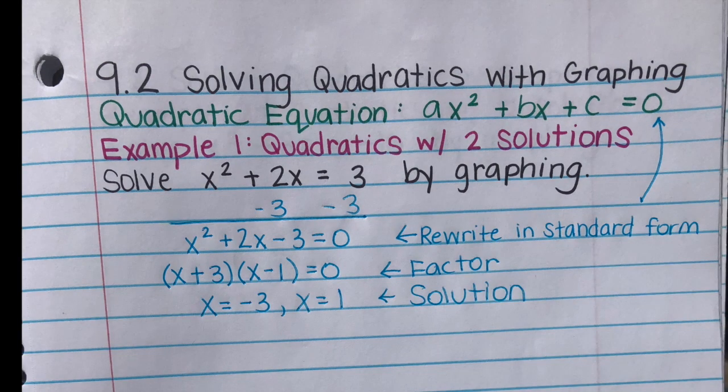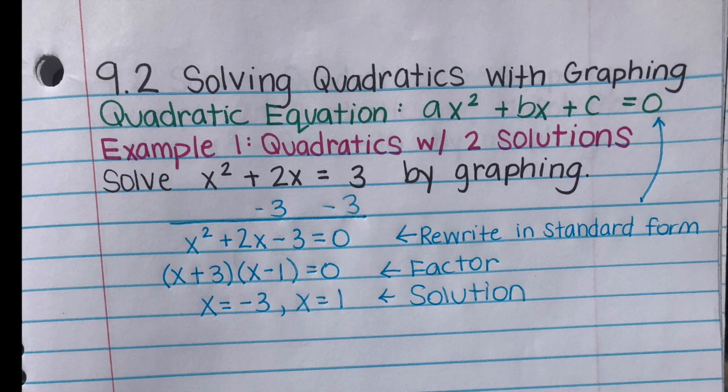So then once I have it factored, I can go ahead and find the solution, so that I know that either my first set of parentheses or my second set of parentheses must be equal to 0, which means that my solution is going to be either x equals -3 or x equals 1. And that is your final answer there. So I didn't use a graph. I think it's easier to just kind of factor and then solve that way. But I will go ahead and show you the graph as well